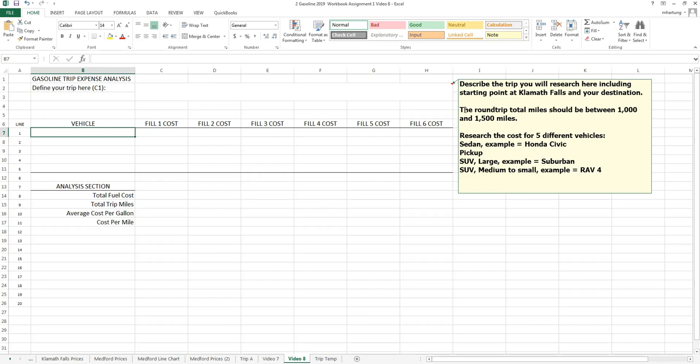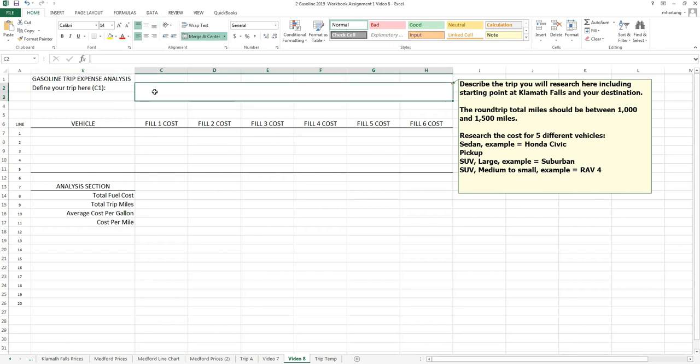So this would be a trip pretty far north or south of us, or southeast if we're heading out towards Nevada, and you might even consider going into Arizona. So describe the city that you are going to go to here in C2, and we talked about this particular area in video 7 where you can go ahead and type in there and set the alignment the way you like. So describe that trip,